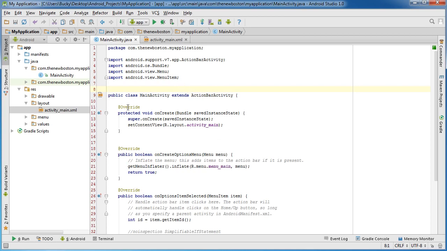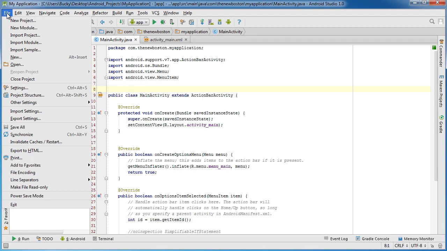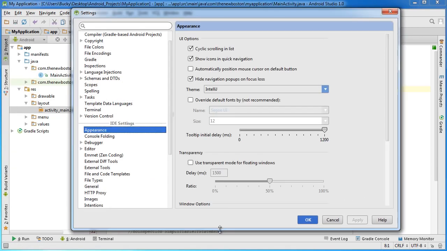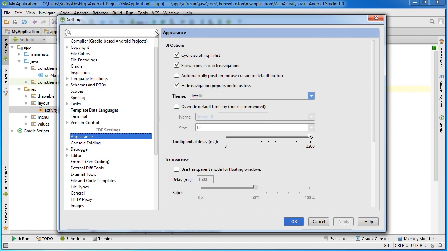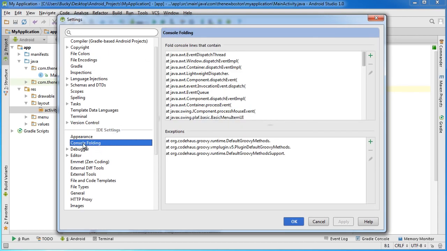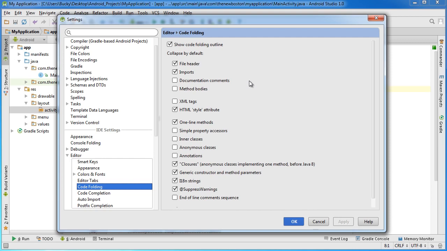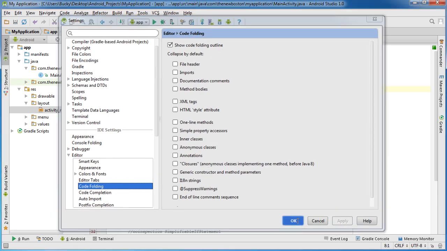So if you want to get rid of all of the code folding, as it's called, go to File and back in Settings. Let me minimize this, make sure you guys see everything. Go to Editor under the IDE settings and code folding, and right here this first checkbox is just to show the code folding outline, and that's that little arrow you can click to either bunch it up or expand it. But what I want to do is uncheck all of these, so none of my code is going to be folded. Again, once I apply this,